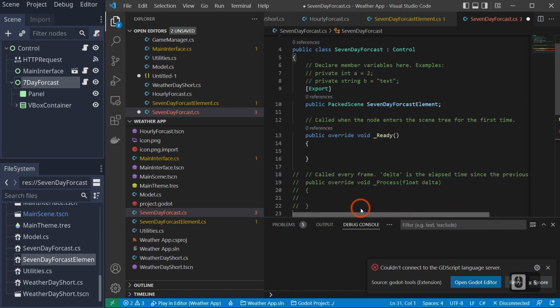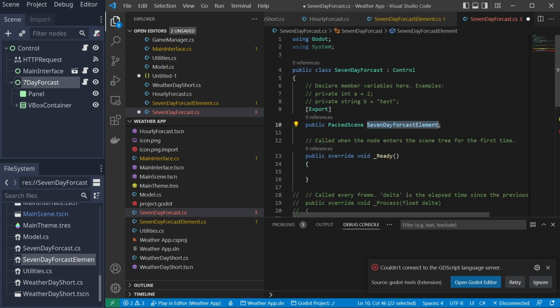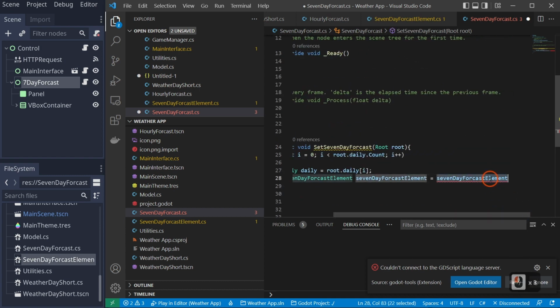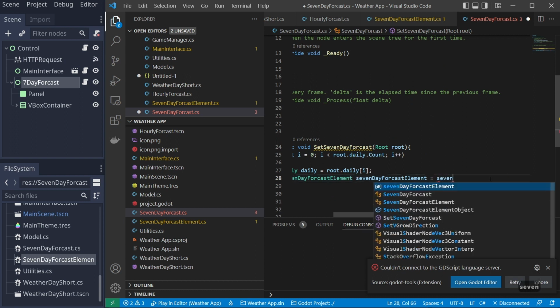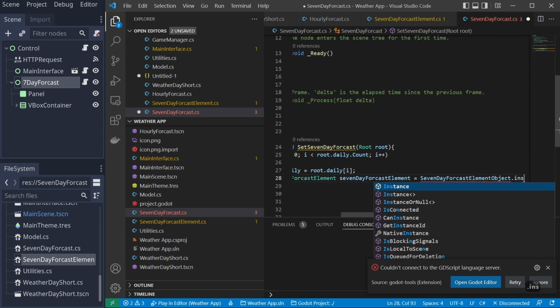And I think that's going to get confusing really fast because we have the class that's called 7-day forecast element, and then we have this. So maybe we should say element object just to make it a little simpler for us to associate them. So 7-day forecast element object dot instance